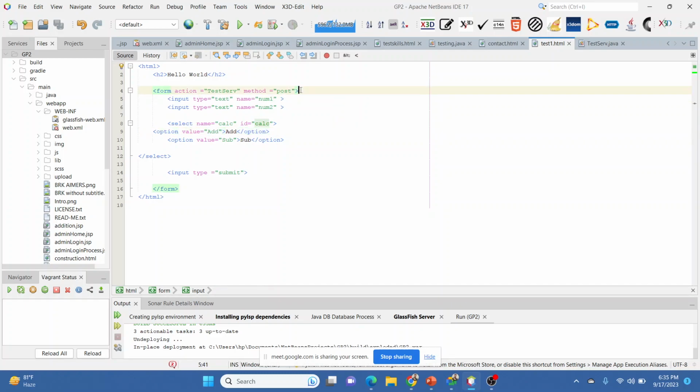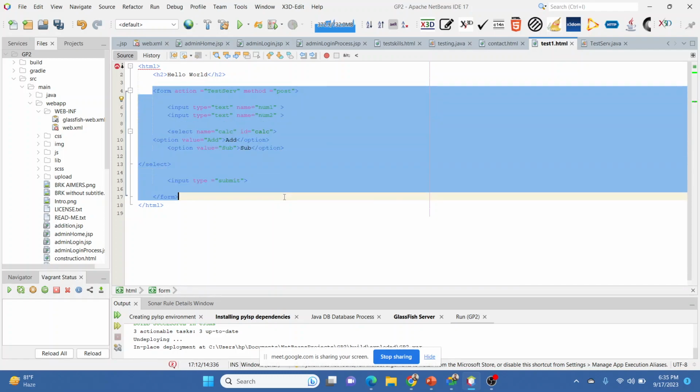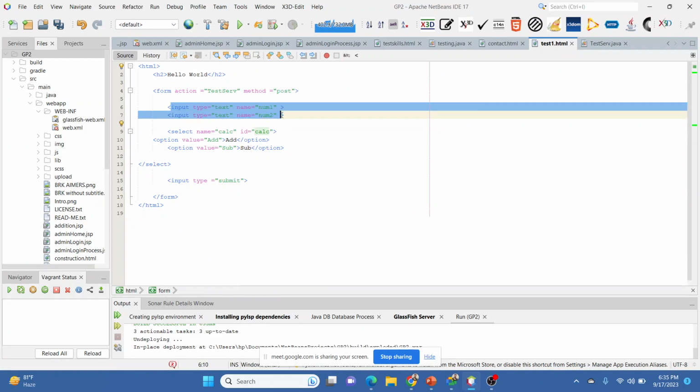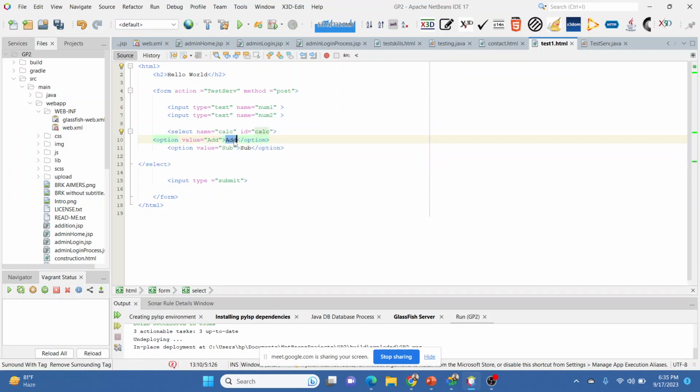In the HTML part we have written the name of our servlet. We have created a form where there are two text boxes, number one and number two, and one drop down menu in the name of Kelsey, where there are two values, addition and subtraction. So this is the HTML part.